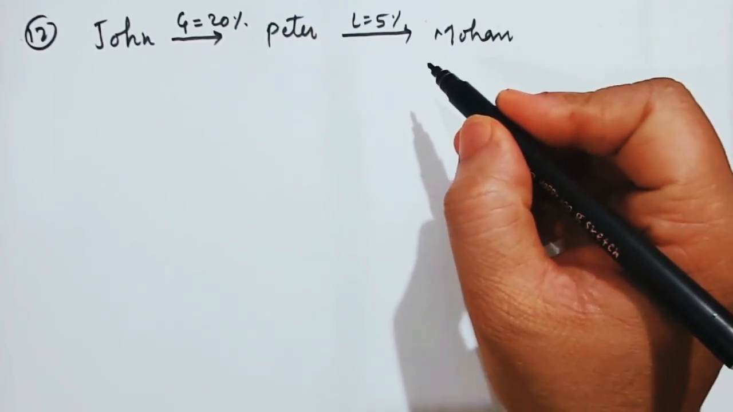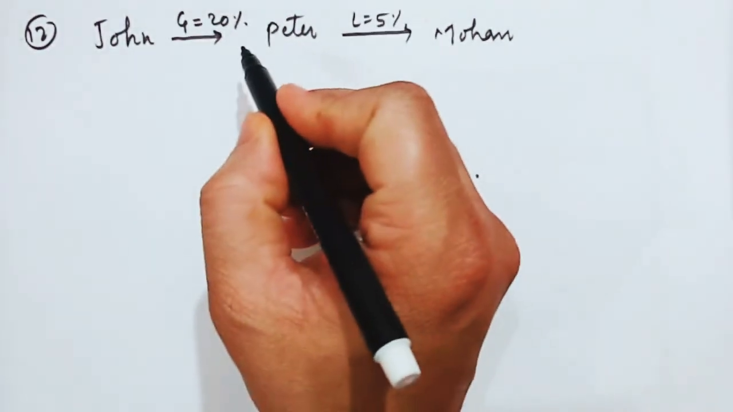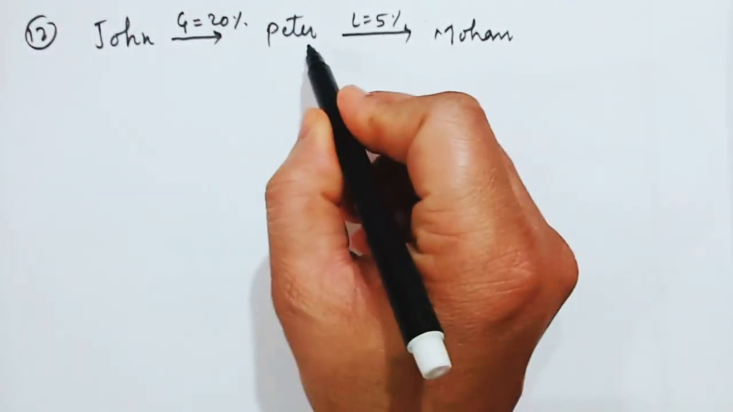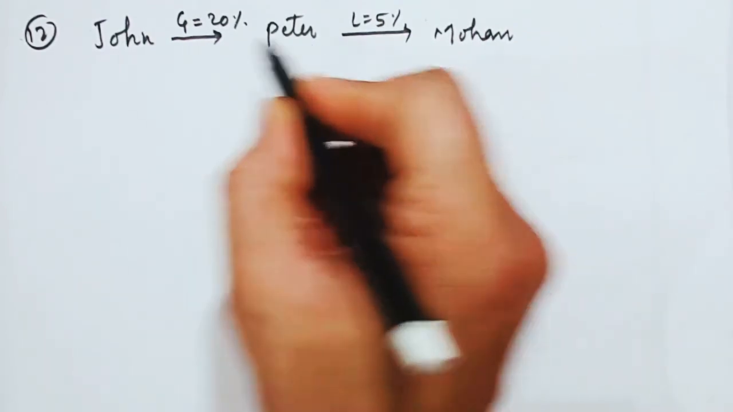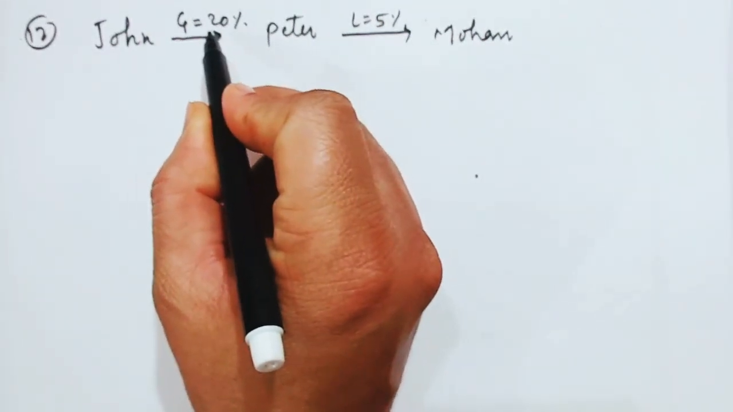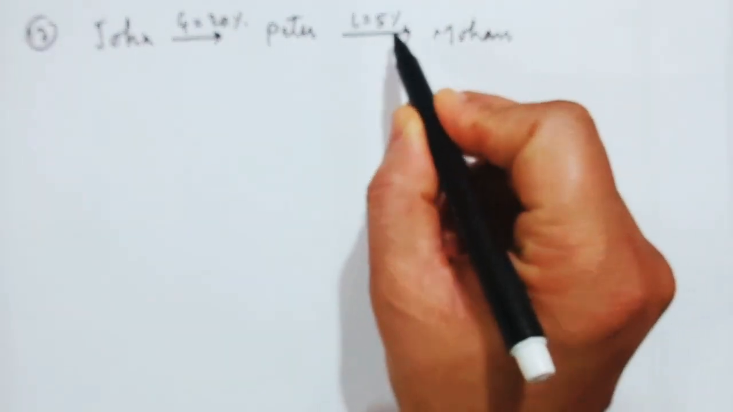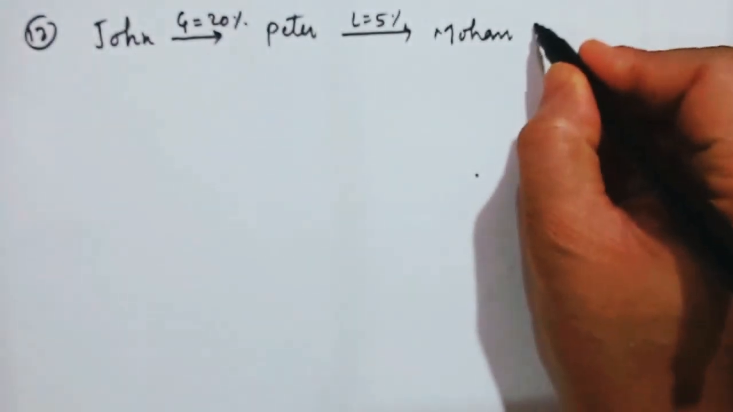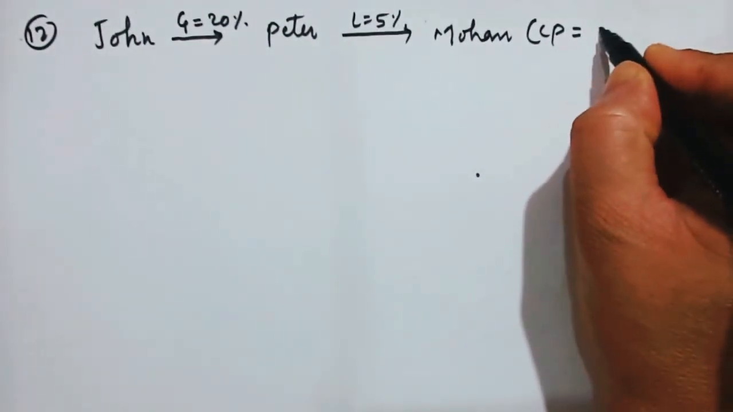Before we end up, let's complete 12 also. In which John sells an article, which article I do not know, to Peter. He might be in need of money, at a gain of 20%. Now, the same article is sold to Mohan at a loss of 5% by Peter. And the price that Mohan pays, the cost price of Mohan, is equal to rupees